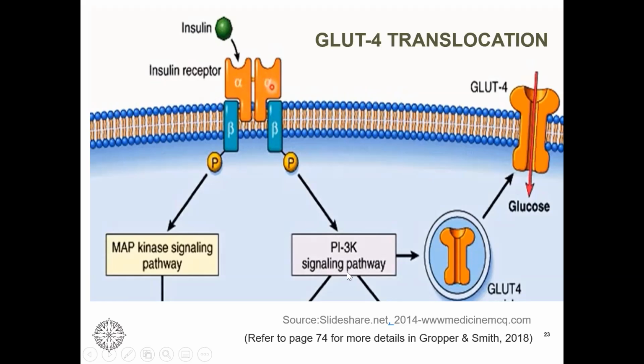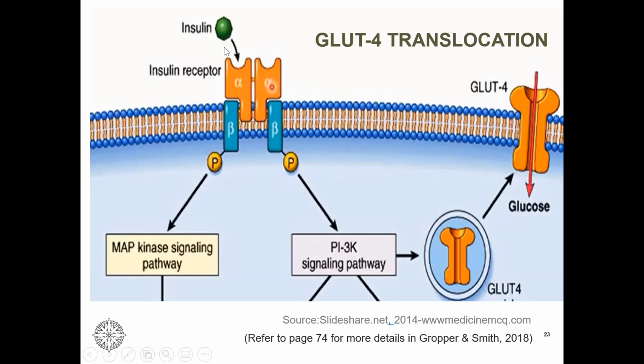So it is through this signaling that GLUT now knows that it is time for its work to start. So it moves outside, onto the cell membrane. Now it has a slide here. So glucose comes inside. And the latest understanding in insulin resistance and diabetes type 2 is, we all know that